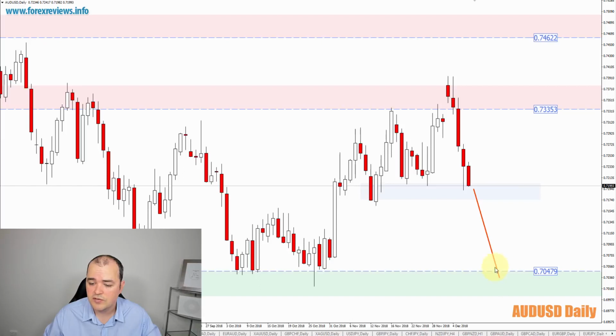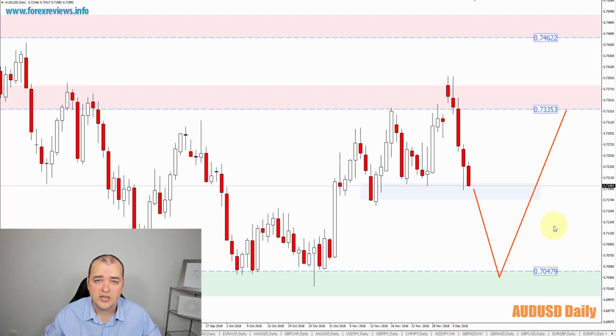And also want to hold the 70.47 zone area as an area on this market where I'm just looking for bullish evidence in this area. And if you see right bullish evidence in this area, then potentially looking for a move all the way up to this recent low, or potentially looking for a move all the way up to the 73.35 zone area to the upside. So overall on AUSD, holding that where price is testing is a great management point area on